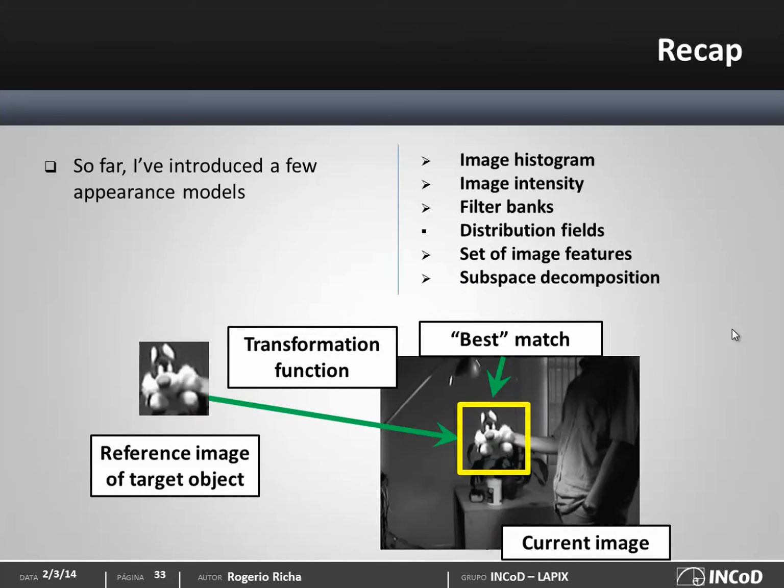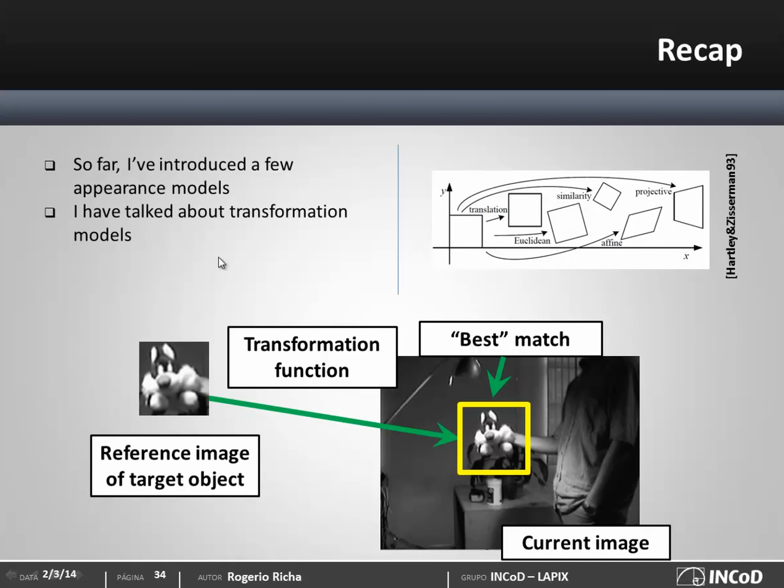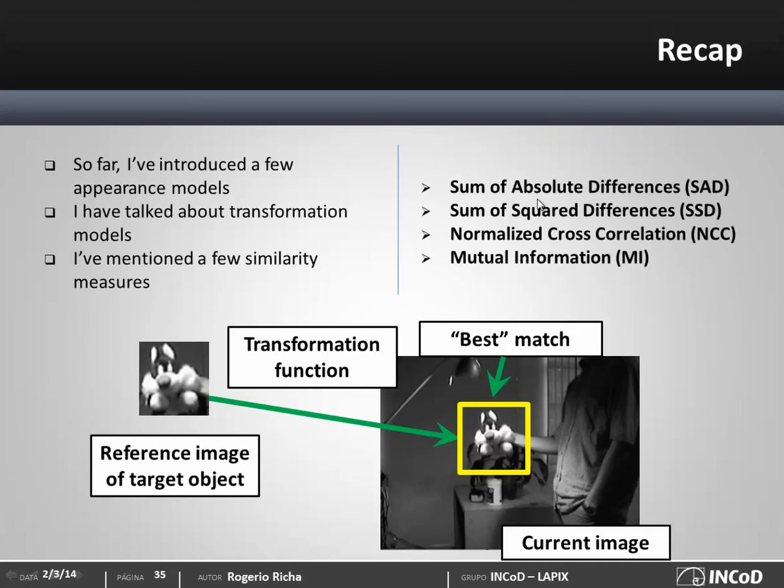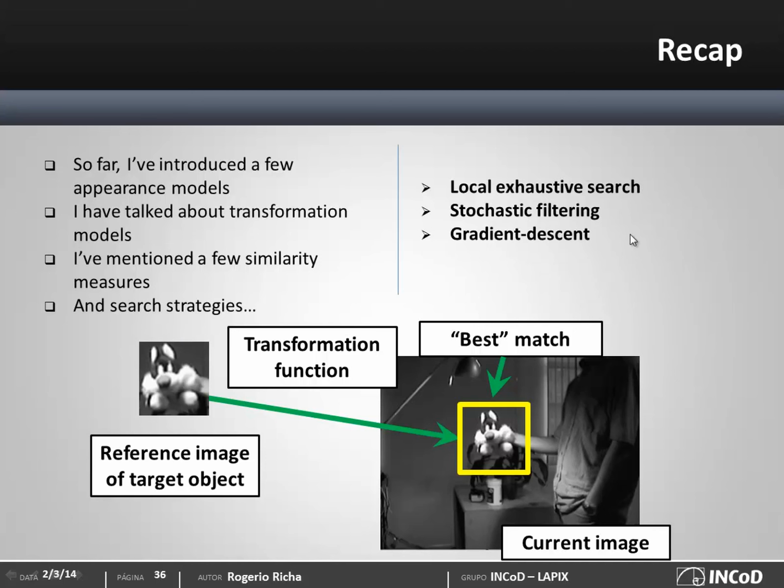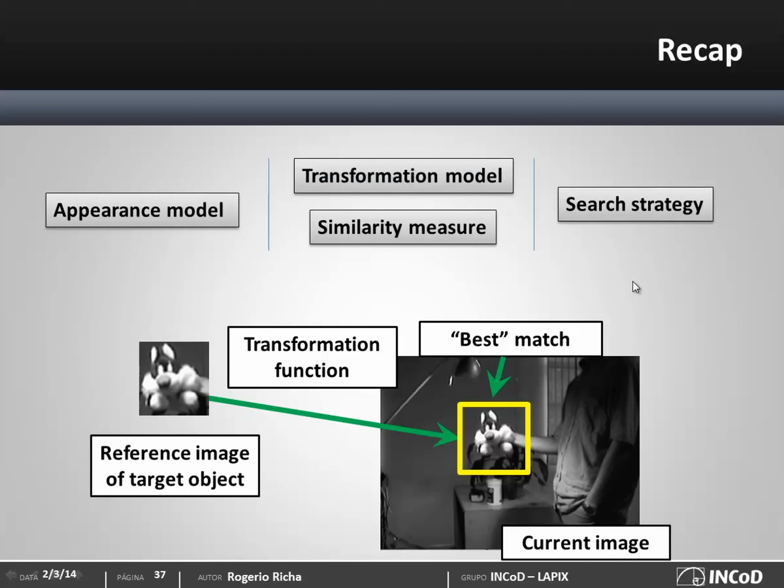Okay, so let's do a quick recap. So far in this video, I've introduced a few appearance models. I've talked about transformation models, both rigid and non-rigid. I've mentioned a few similarity measures and also some search strategies. But it should be clear to the viewer that the tracking methods are basically composed of these four major components that we've introduced